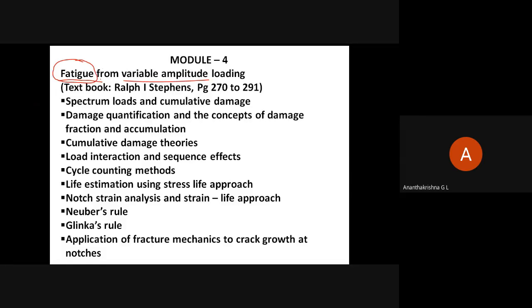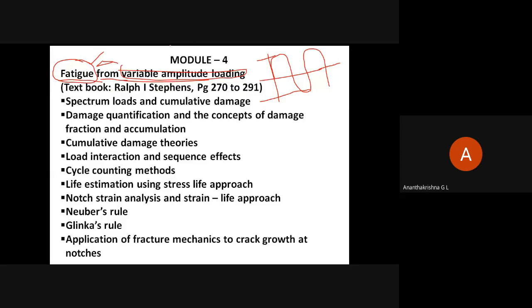So coming to the introduction of module 4. As I said, it is the fatigue from variable amplitude loading. So far we learned about amplitude being constant, maybe by default. So this is the S-N curve so far. Now the effect of variable amplitudes: different amplitudes in the load cycle and its effect on the fatigue life of the components is what we need to